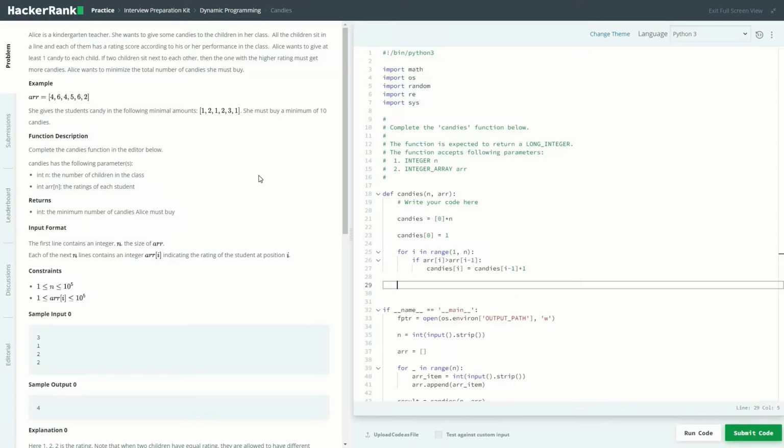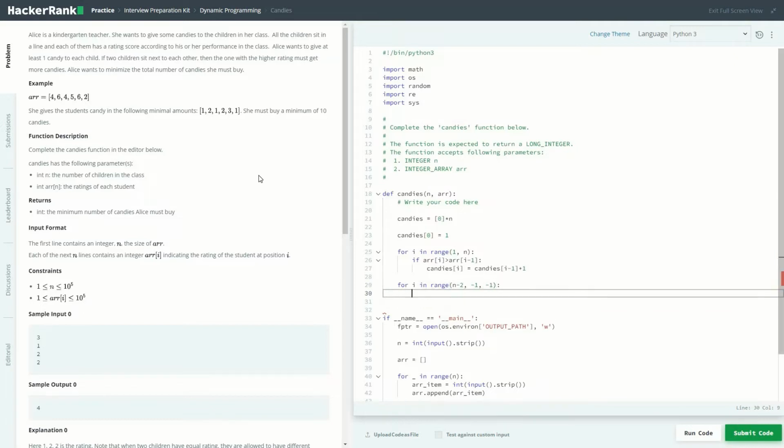Similarly, we will have to do the same step from right to left. So for this case, for i in range n minus 2, to minus 1, with a step of minus 1, because we will be decrementing values each step. So for array of